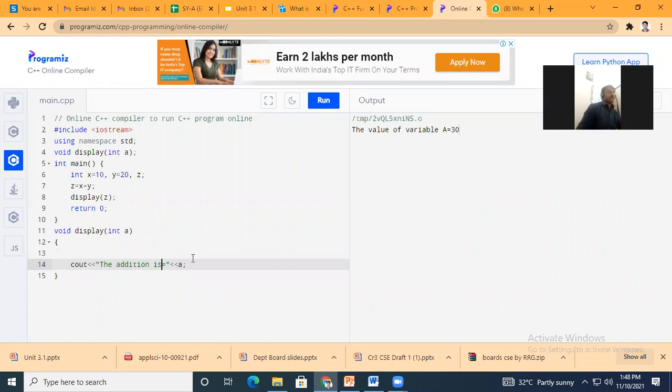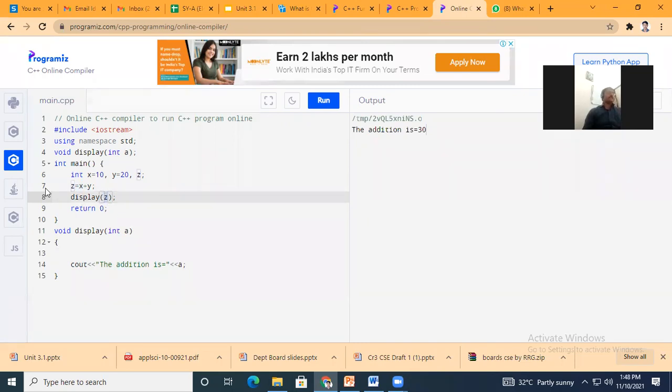Okay, the addition is equal to, if you check, see, instead of 2 parameters, I use the same, only 1 parameter, but I do the addition, and I have passed the value for the function when I call this function display.